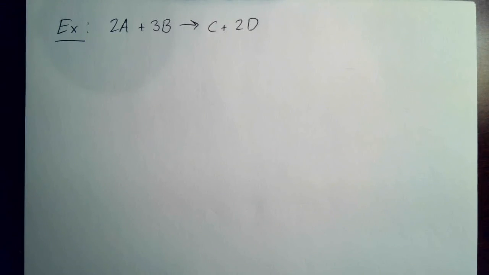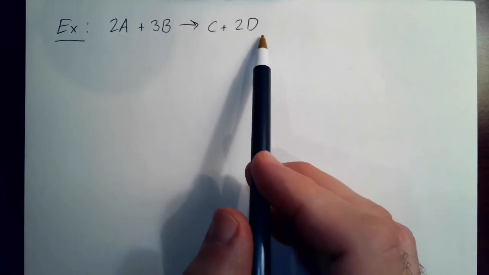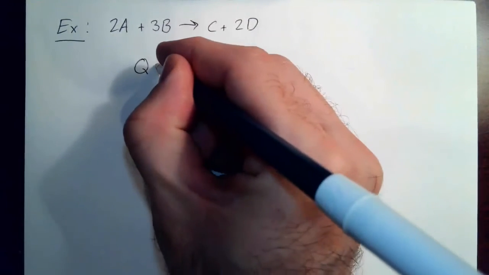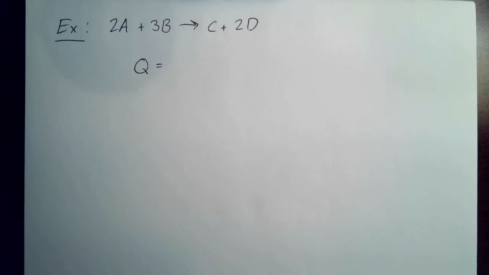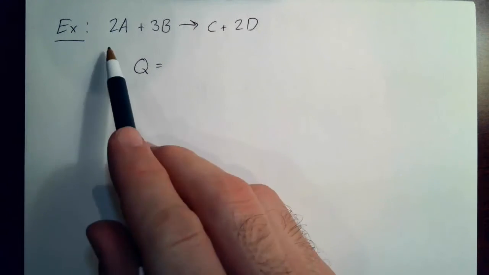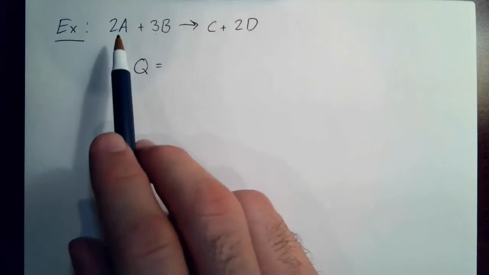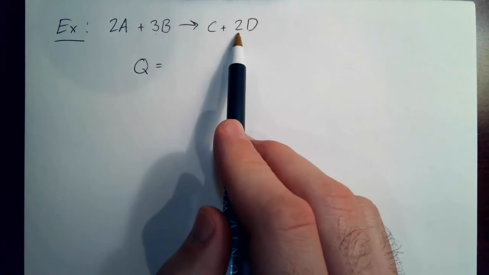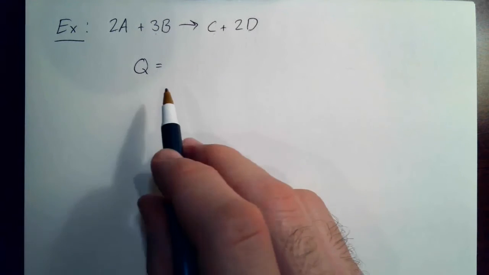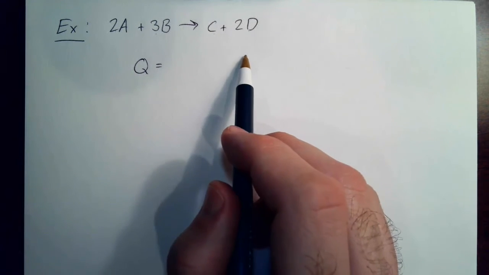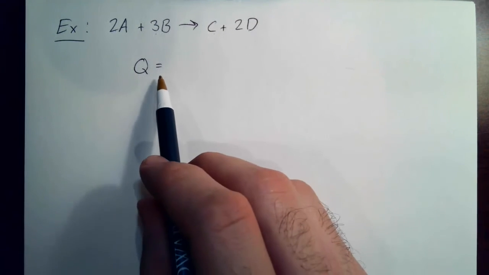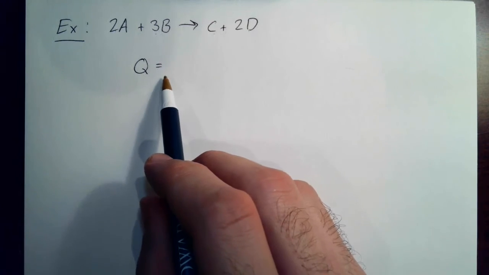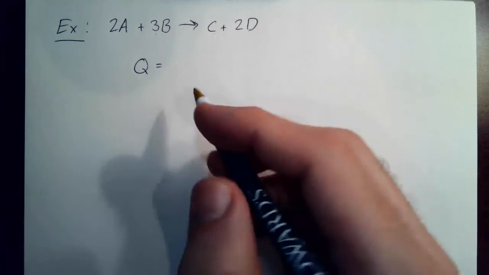Okay, so let's do a quick example for a chemical equation that looks something like this. So to calculate Q for this reaction, I'm going to need to know the stoichiometric numbers, which I have right here. Right? Negative for these, positive for these. And I'm going to need to know the activities of each. And once I have all those things, I can write out my formula for Q, which is going to be